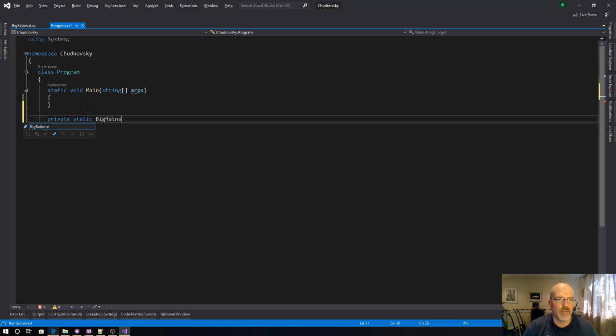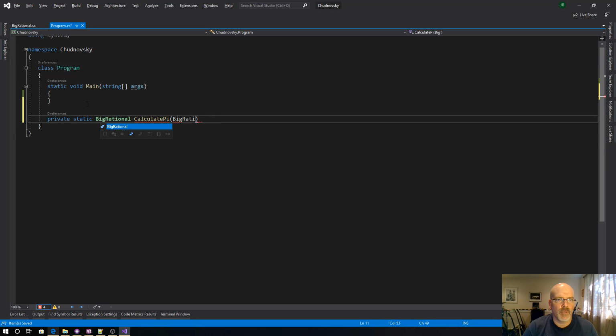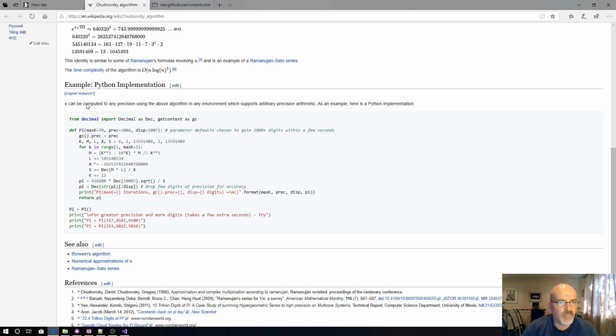BigRational CalculatePi. You can't do this as a constant, they're arbitrary values, so you're going to have to pass in what they are. Okay, that's fine. Max k,